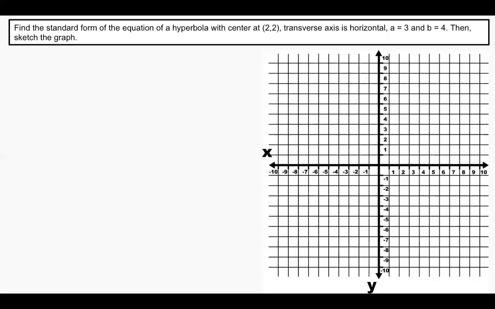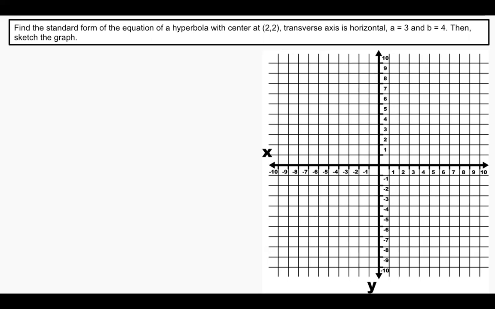So for our first problem, we are asked to determine the standard form of the equation of a hyperbola given center located at (2, 2). The transverse axis is horizontal, a is equal to 3, and b is equal to 4. Then we are asked to sketch the graph of the given hyperbola. First things first, you need to determine the standard form